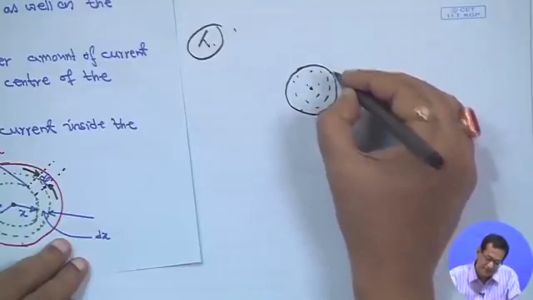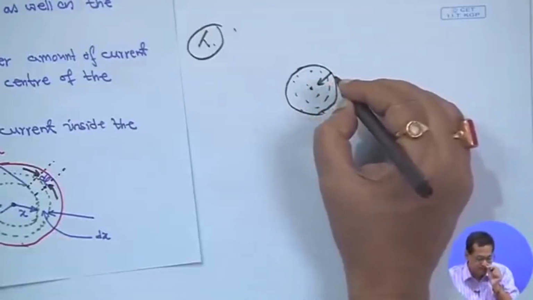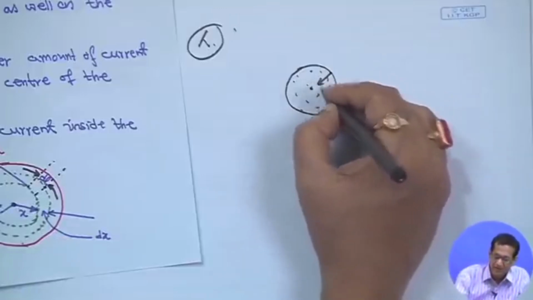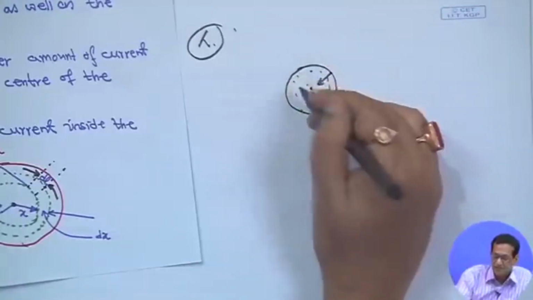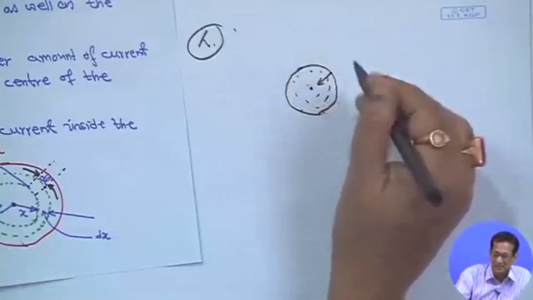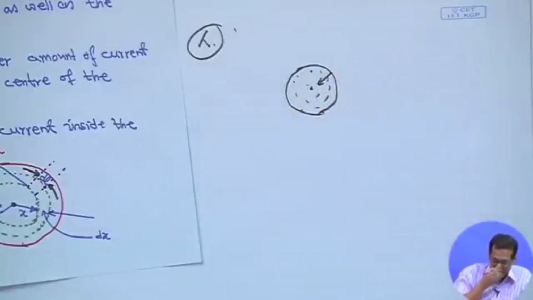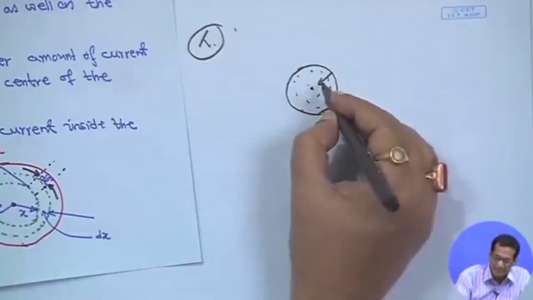If you move from this surface toward the center, it progressively links a smaller amount of current, because we are assuming the current density is uniform. Therefore, as we move like this, the internal flux progressively links